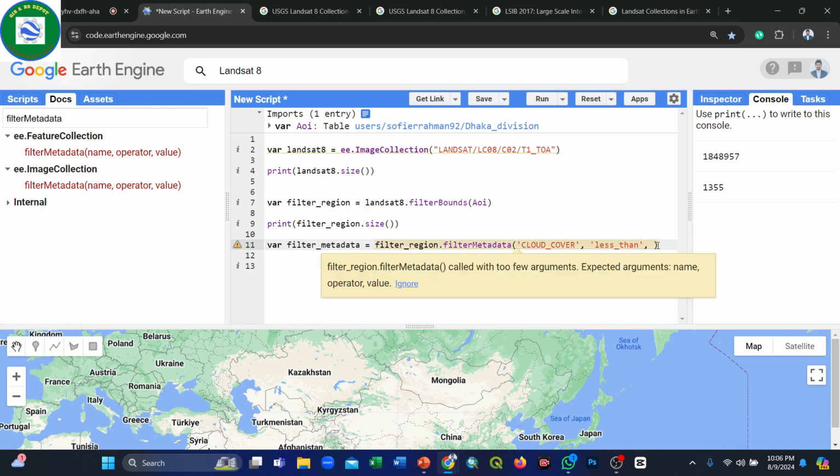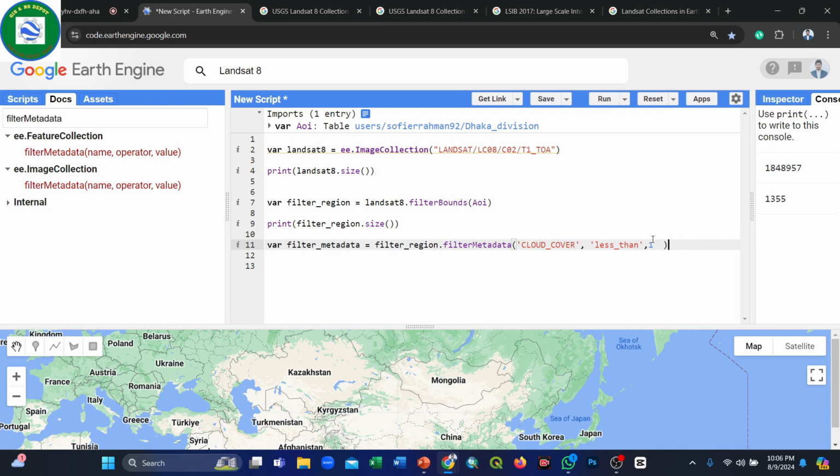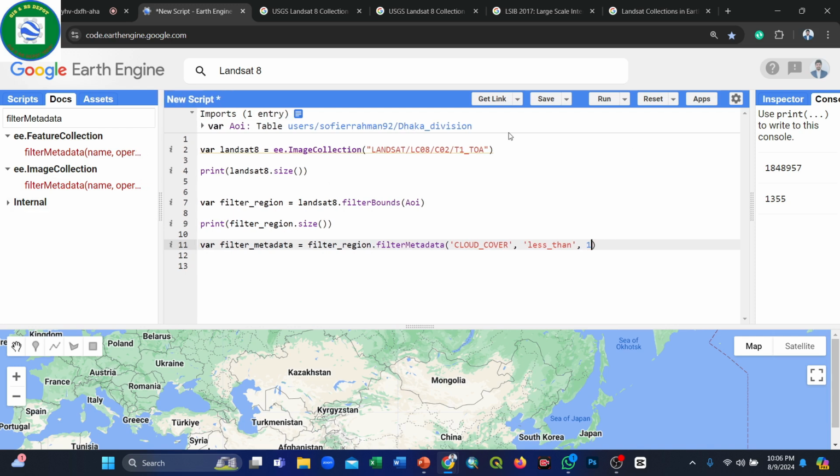Suppose you want images containing less than 1% cloud pixels, that means good images containing less than 1% cloud pixel percentage. Now click run. And if you want to show how many images are available with less than 1% cloud or haze pixel percentage,